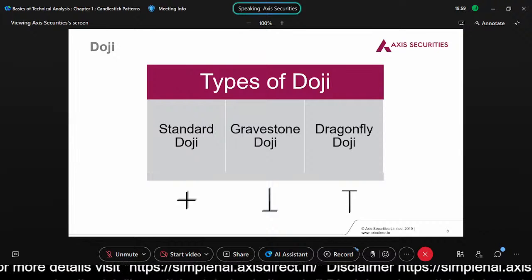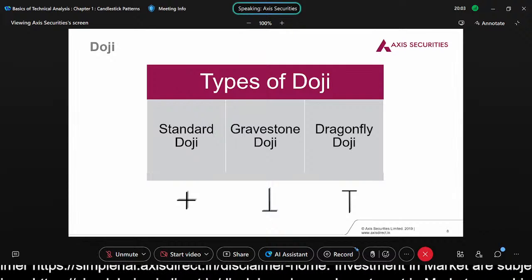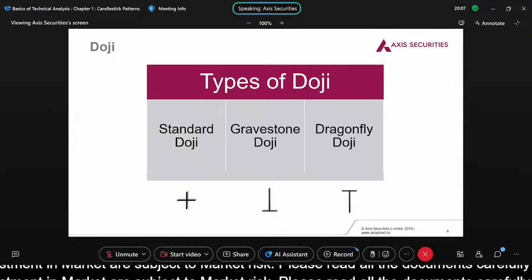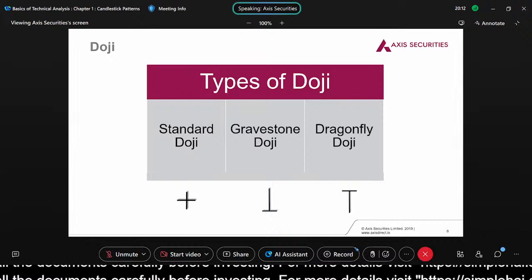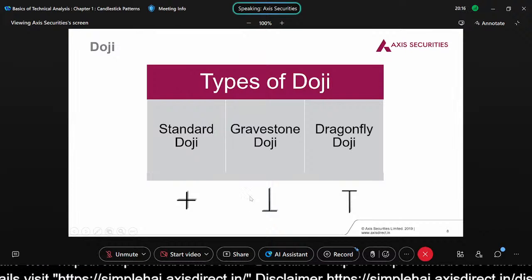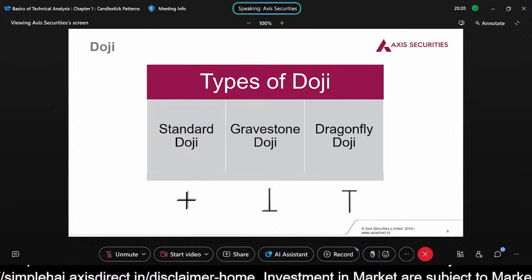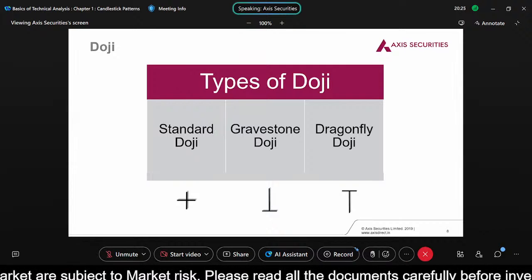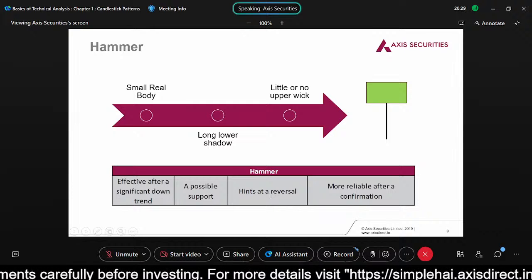बिकॉज इट लुक्स वेरी मच लाइक अ ग्रेवस्टोन। सो आपने कभी टूम्ब वगैरह पे देखा होगा। आई एम प्रीटी श्योर आई डोंट नीड टू एक्सप्लेन व्हाट ग्रेवस्टोन इज। सो ग्रेवस्टोन डोजी ये तब बनता है जब इसका प्रीसीडिंग मूव काफी स्ट्रांग रहा है। फॉर एग्जांपल निफ्टी हाइपोथेटिकली काफी स्ट्रांग अप मूव में है, एंड निफ्टी जा रहा है फ्रॉम से 17,000 हो गया, 18,000 हो गया, 19,000 हो गया, 20,000 हो गया, एंड देन ये कैंडल पैटर्न फॉर्म होता है।